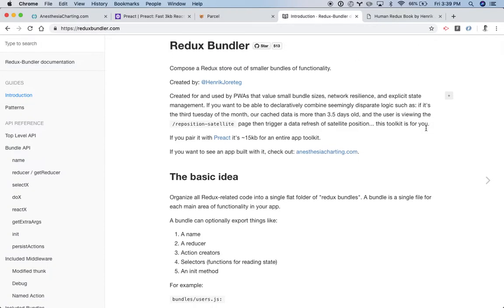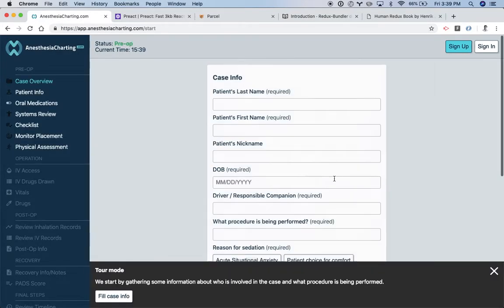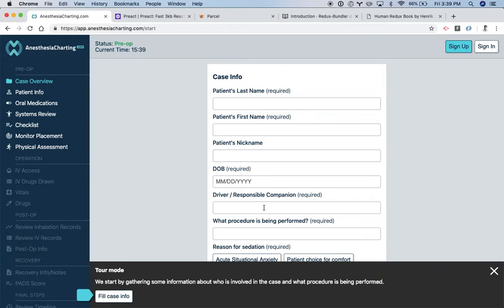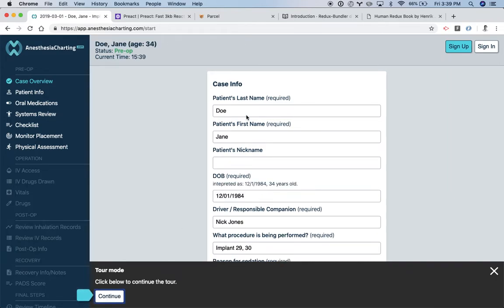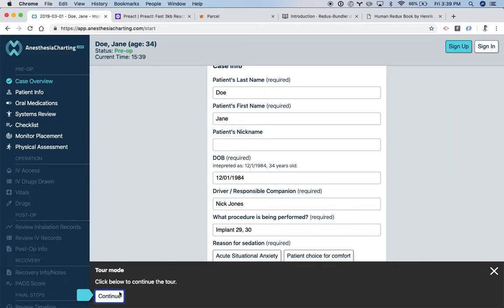For all the crazy state management stuff that I have to do for this app, if you're not aware, let me show you some of the complexity involved here. So I'm going to run a mock case. So this puts you in tour mode, but this is actually doing a lot of things. So patient name,